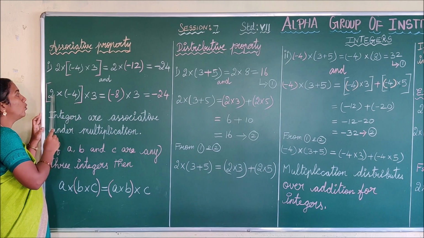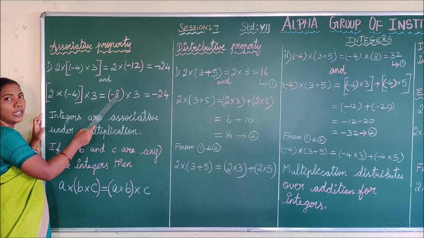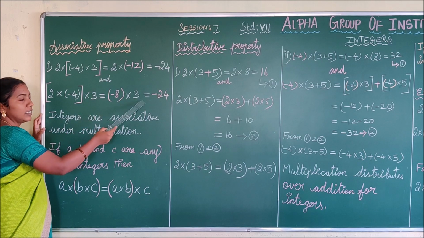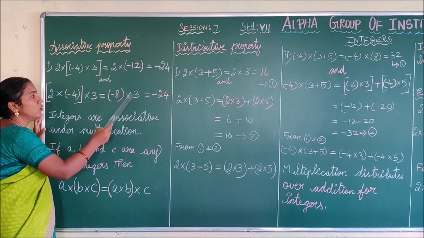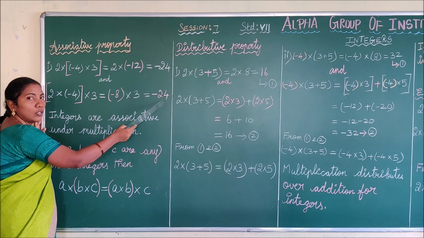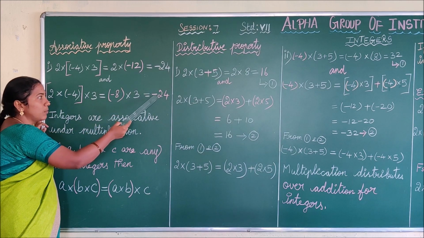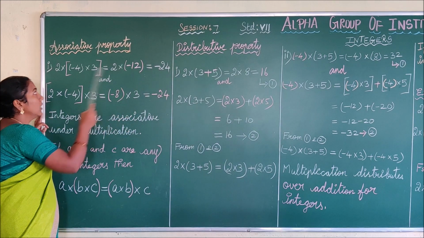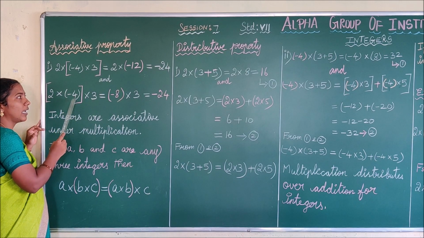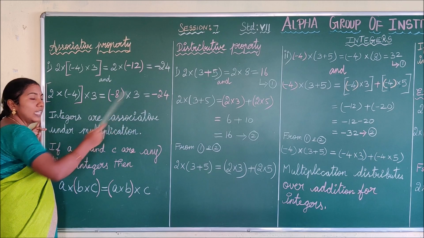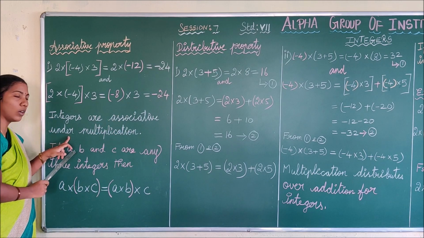And next see here, first we are going to multiply the first two integers. See here, 2 into minus 4, plus into minus is minus, 2 4s are 8. And write the 3 as it is, into 3. Next we are going to multiply these two integers, that is minus into plus is minus, 8 3s are 24. That is, in both cases we get the same number, minus 24. Here we multiplied the second with the third, here we multiplied the first with the second, but the answer is the same. Thus we can say integers hold the associative property for the operation